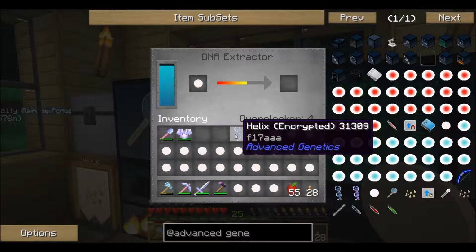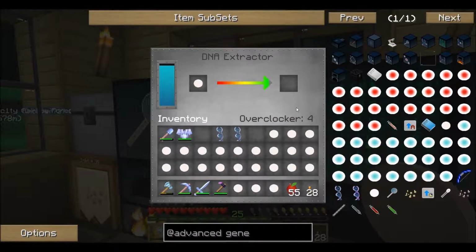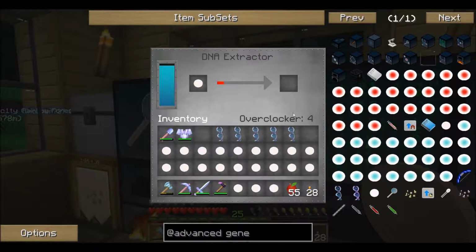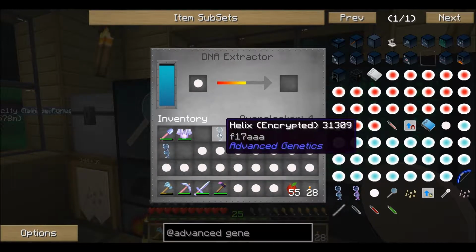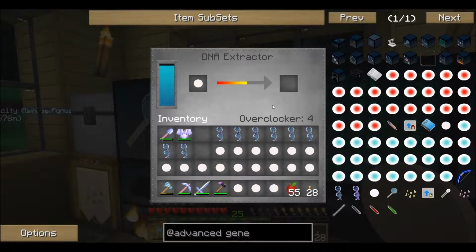I'm going to go through and add all of these. I'm going to turn them all into helixes. They're all going to be encrypted, obviously, which is fine. We'll go through. I want to show you this process. It's a little bit lengthy, but what we're doing is we're just changing all of these into the helixes. And the next piece is to turn them all into decrypted helixes. And then we can